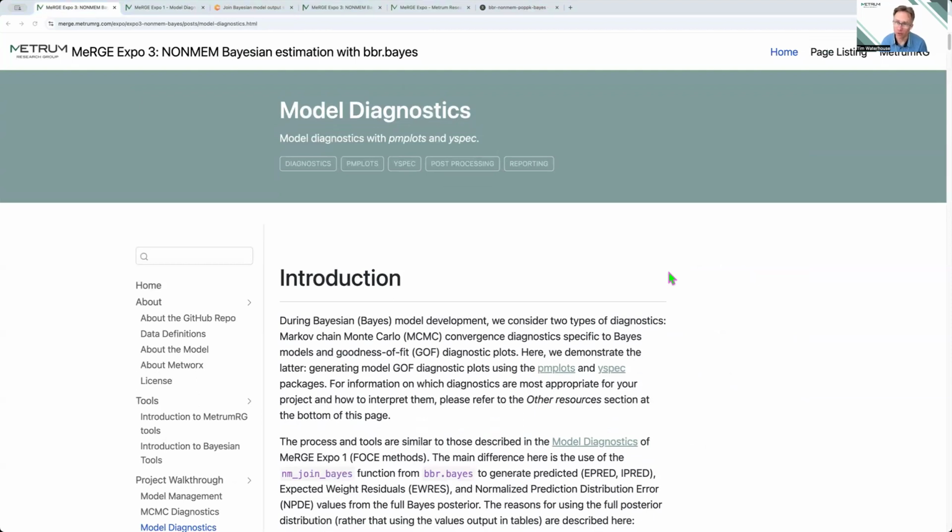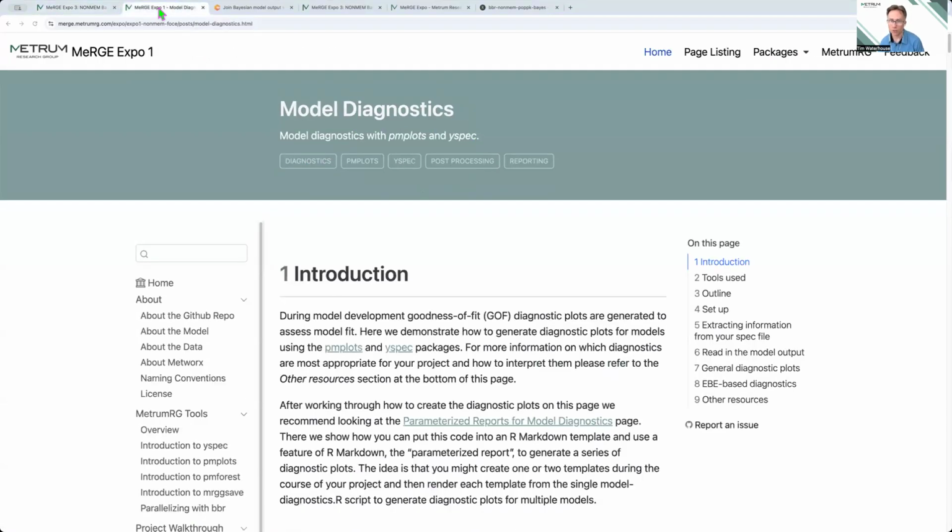In the previous video, we looked at diagnostics for the MCMC sampling. Here, we'll go over the goodness of fit diagnostics more typical in non-Bayesian analyses, some of which need special handling in the Bayesian context. This mostly follows the process of what's described in Merge Expo 1, which covers methods for some example FOCE models. But the main difference is in the use of the nm join Bayes function in the